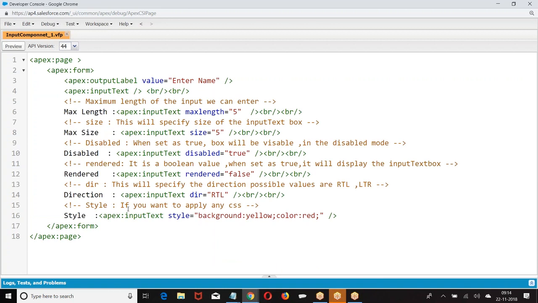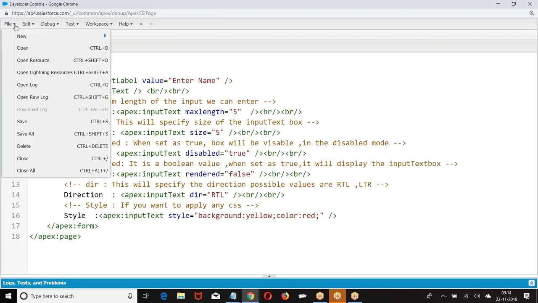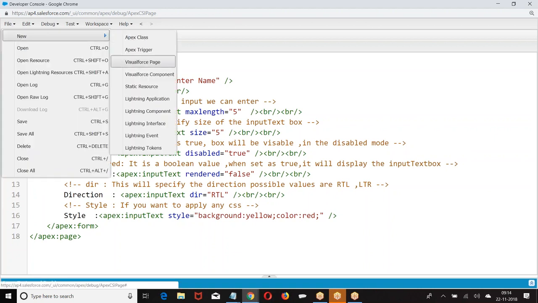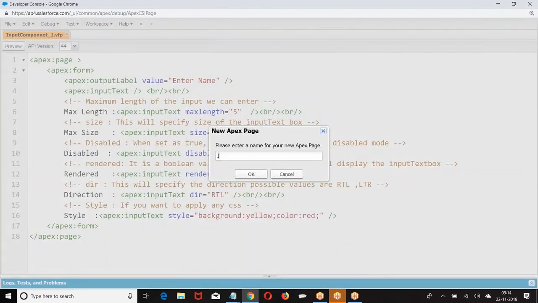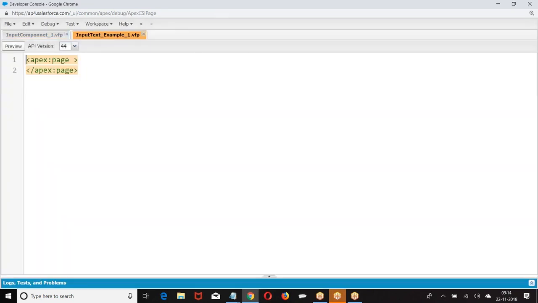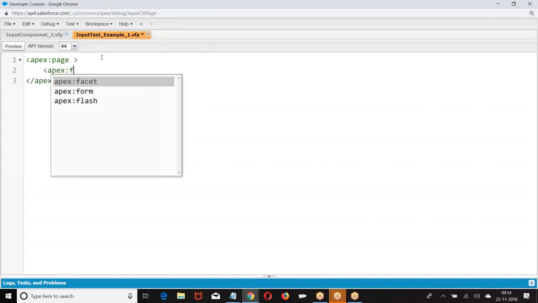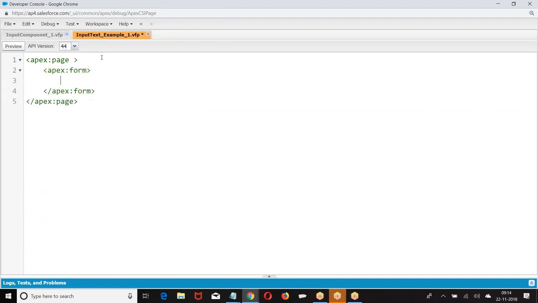Okay. Now we'll try to take a combination of page block and page block section and display this. Let us look at this example. Try to understand the concept clearly.